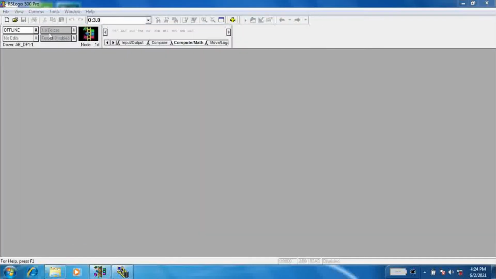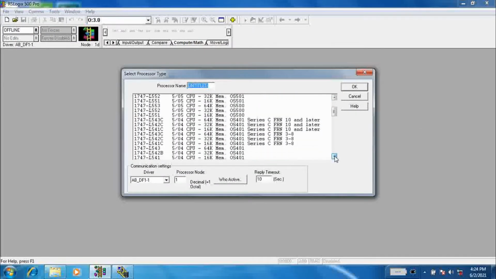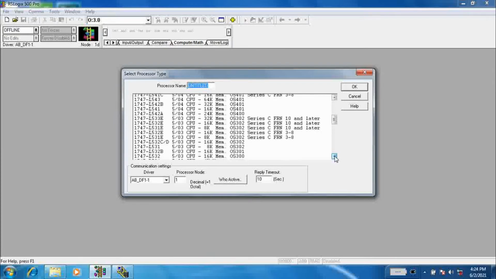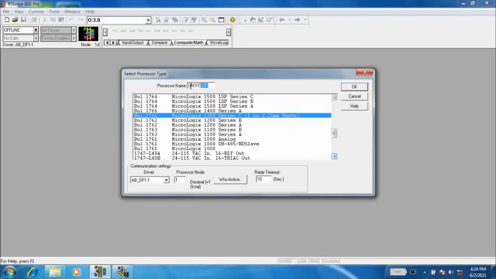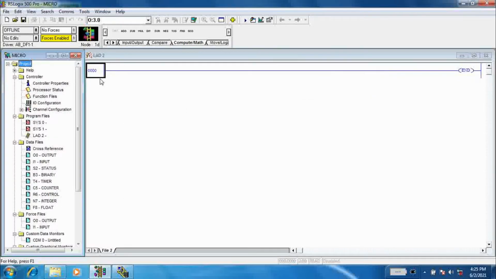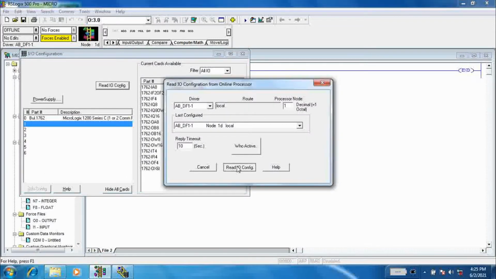Now open the RS Logix 500 software. Here I am using Micrologix 1200 series PLC. Rename the processor name and select the driver as AB_DF1. Now first click on the IO configuration and read the IO configuration automatically.